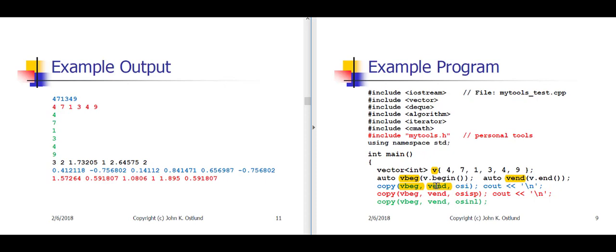In this blue copy algorithm, I'm going to use the OSI ostream iterator, that is the ostream iterator for ints with no delimiter,